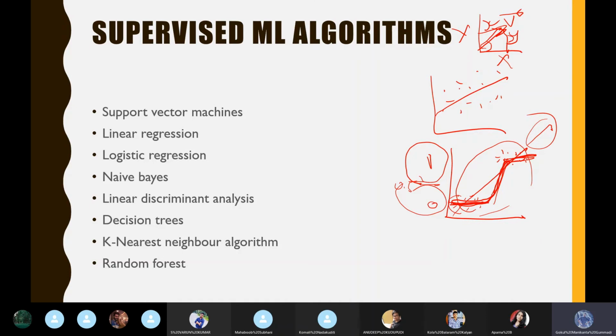you don't need to write any functions for this. It is already predefined in logistic regression. All you need to do is mention that we need to use logistic regression in this algorithm, so that we can create a model using logistic regression. That is how we supervise a machine learning algorithm.